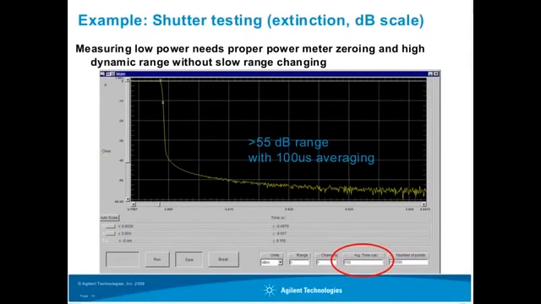And now if we look at this from the point of view of how good is the extinction of the shutter, then we'd like to look at that on a dB scale so that we can see how low the signal really gets when the shutter is closed. And so that's what this is looking at. Here you can see again the 10 dB drop, so losing 90% of our signal is again taking place in 0.4 milliseconds, and this signal is dropping down now from 0 dBm down to below -50. We're getting down about 55 dB of measurement range here before the signal becomes kind of noisy, and that basically amounts to,